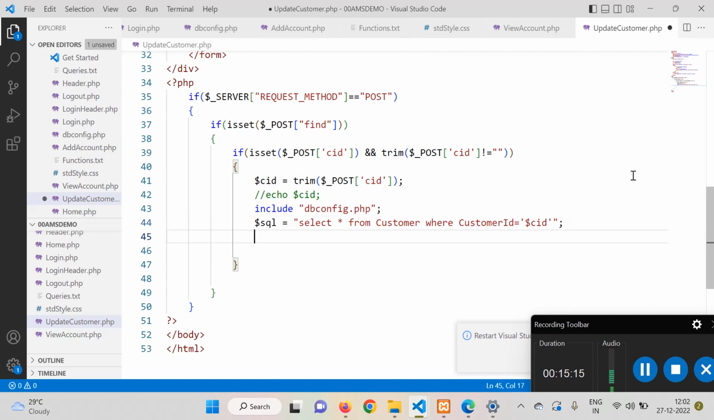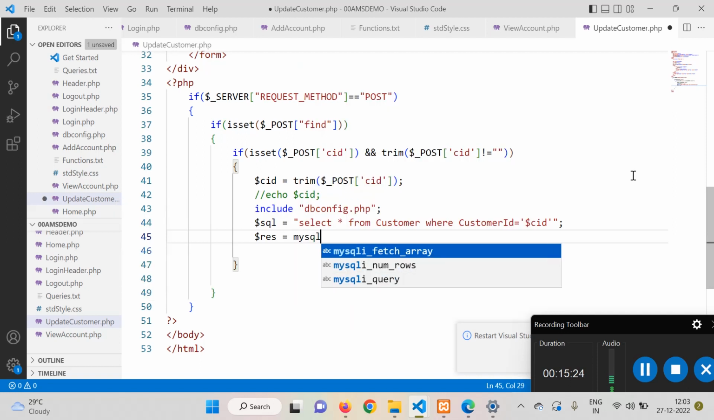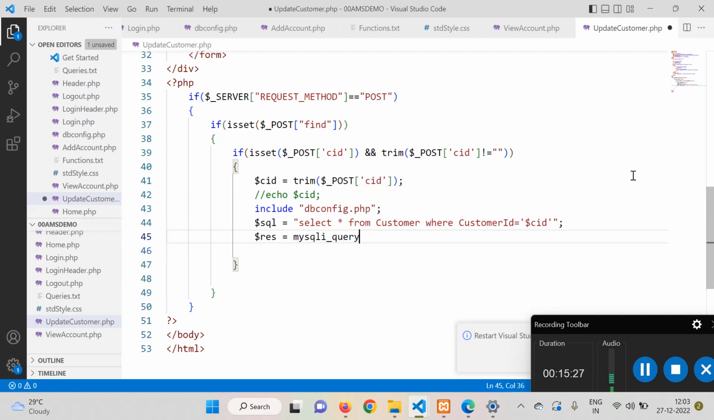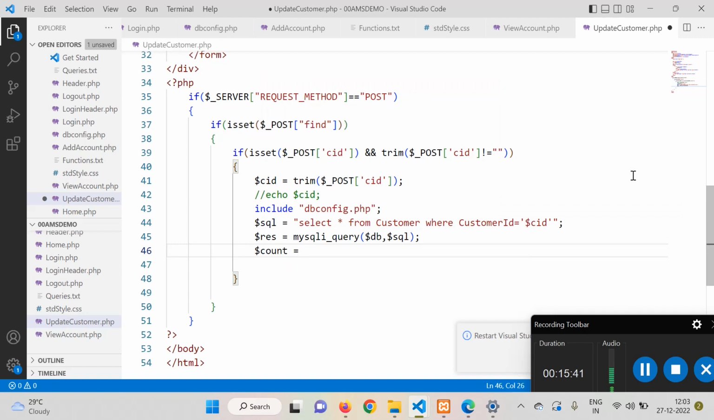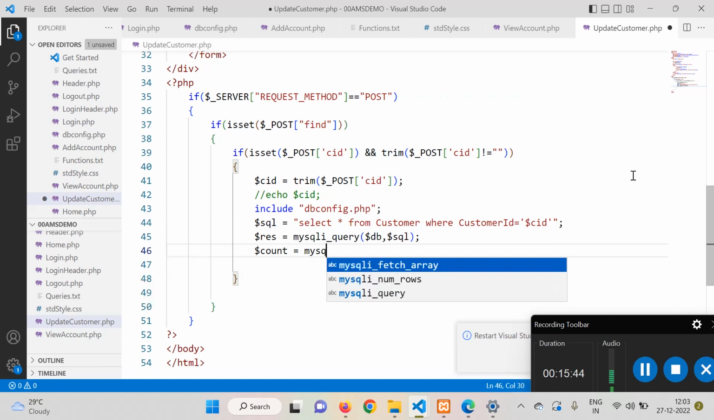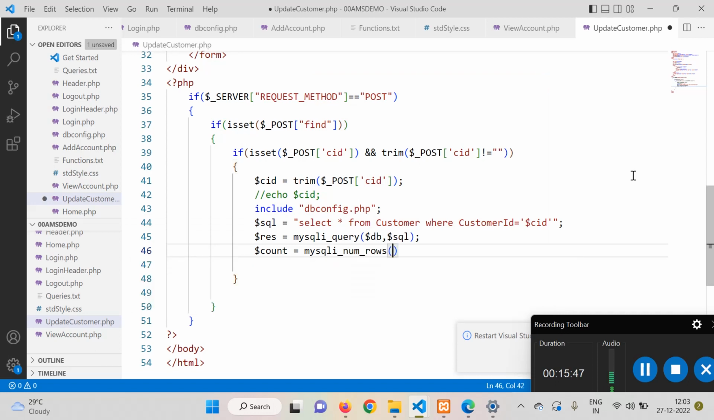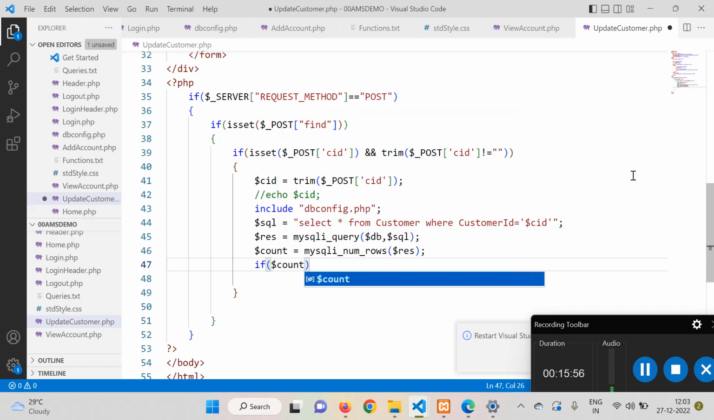So now I have to execute the query. Okay, for that dollar res equal to mysqli_query of dollar db comma dollar SQL. So this will execute, it will return a table, then we can count the rows so that the dollar count equal to mysqli_num_rows of dollar res. So it will show. So if this count is equal to 0,